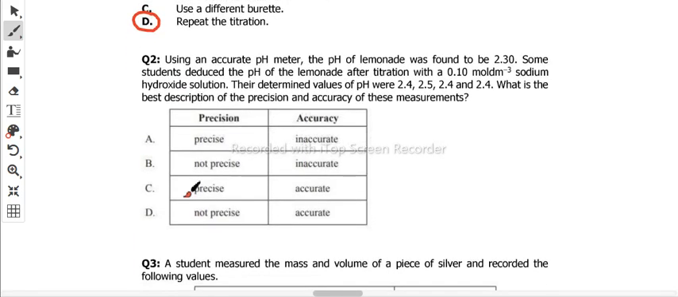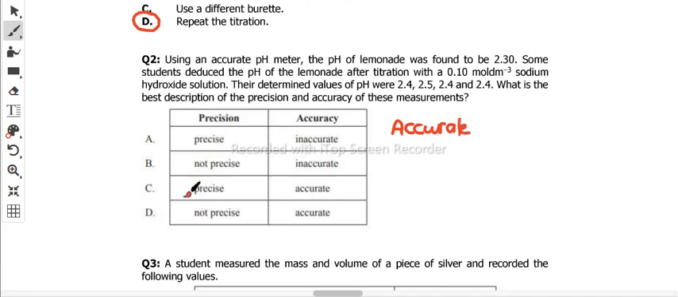Using an accurate pH meter, the pH of the lemonade was found to be 2.3. Some students deduce the pH of the lemonade after titration with 0.1 mole per decimeter cube sodium hydroxide solution. Their determined values of pH were 2.4, 2.5, 2.4, and 2.4. What is the best description of the precision and accuracy of these measurements? In order to describe how accurate is the data,